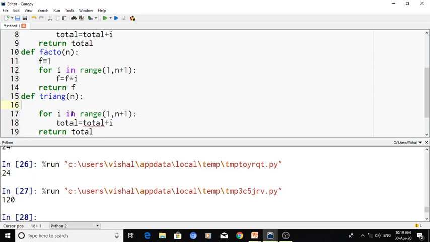I only need the value of i. So I will print the value of i here.